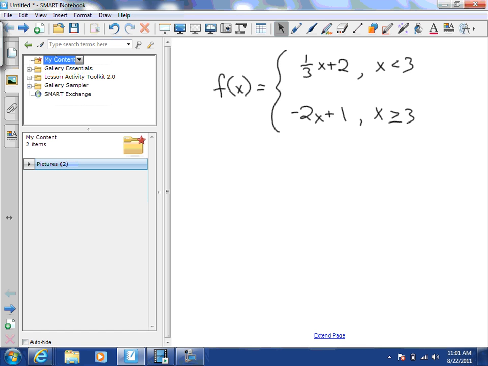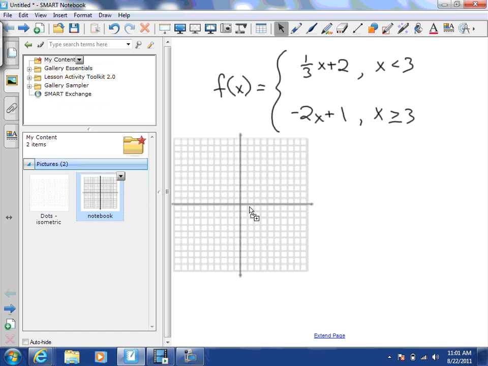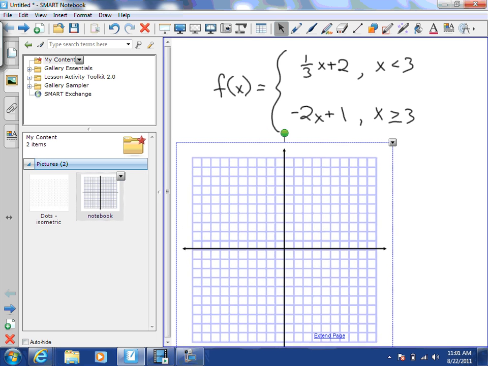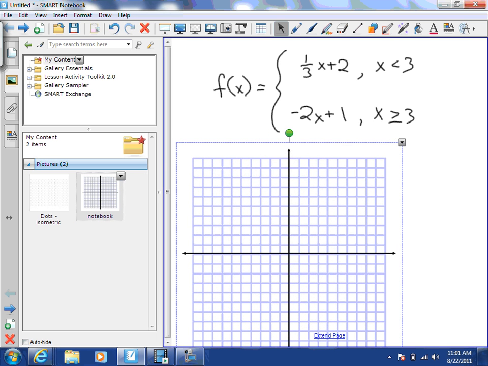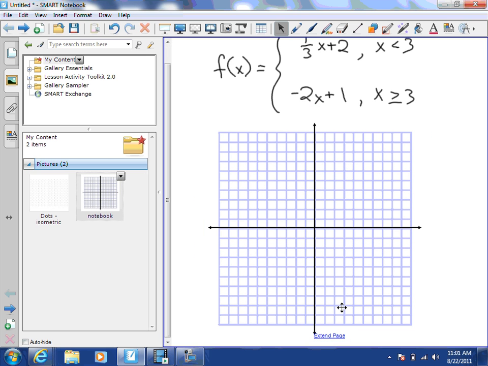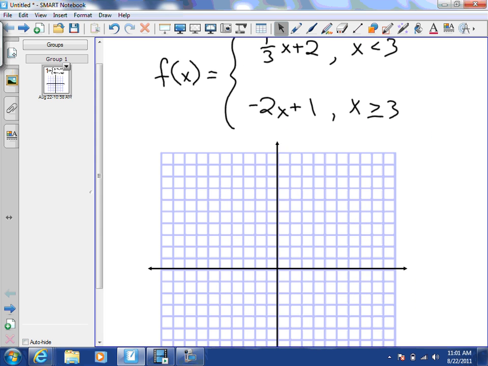Okay, so we've got a piece of graph paper. I encourage you, if you don't have graph paper, get some. It'll make this a lot easier for you, a lot cleaner. All right, so the first one,